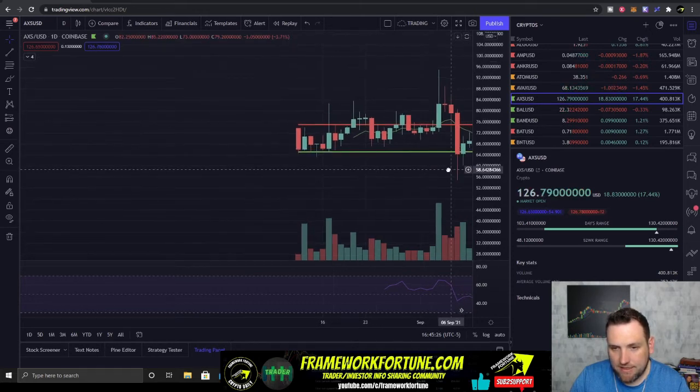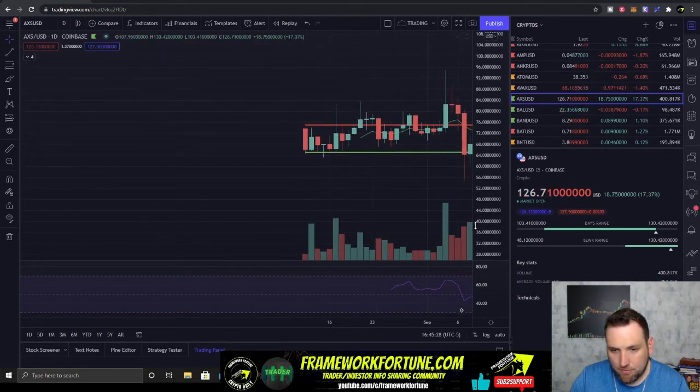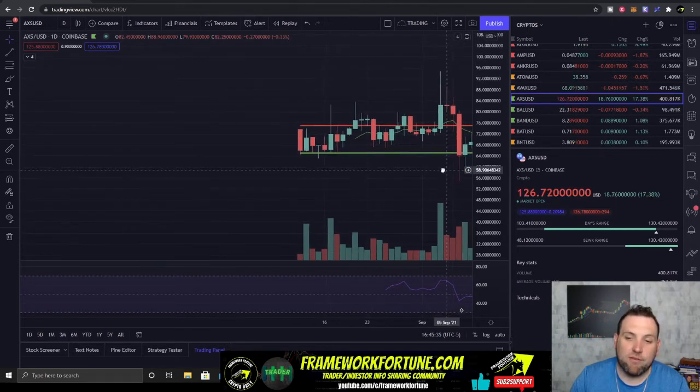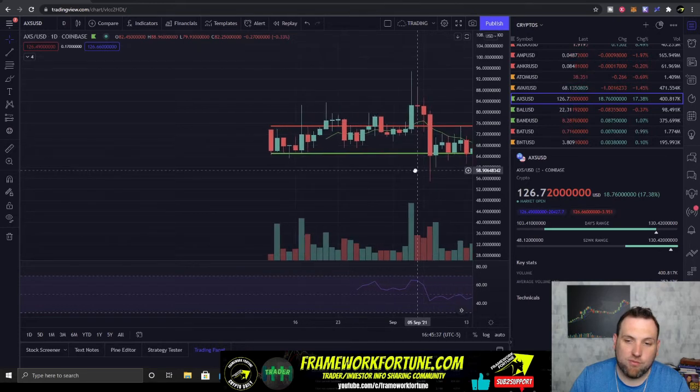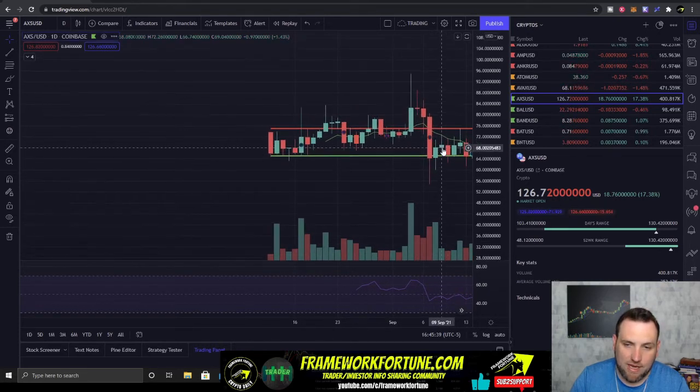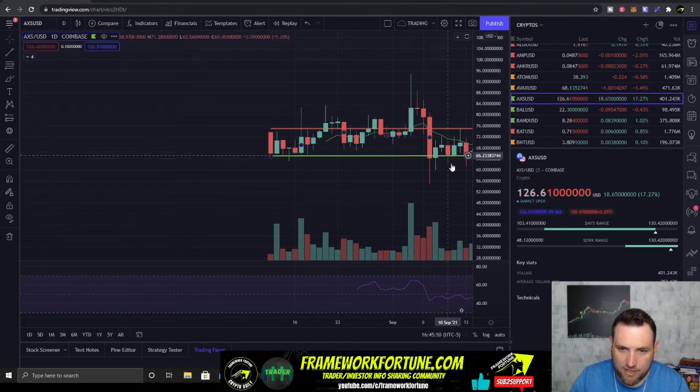It's not till the next day that we see we got some buying that pushed it back above that floor. So you want to look for one more day of confirmation where there's no price movements under the floor. So you got some confirmation there, like, okay, this is going to be fine. So you look for that entry probably on this candle at the bottom around that 66 area, somewhere right above